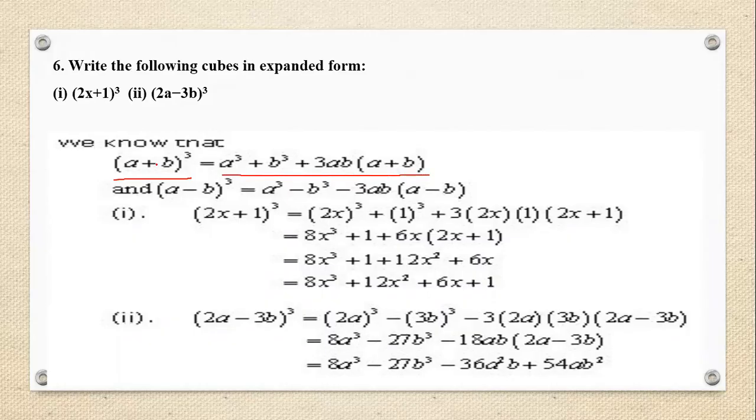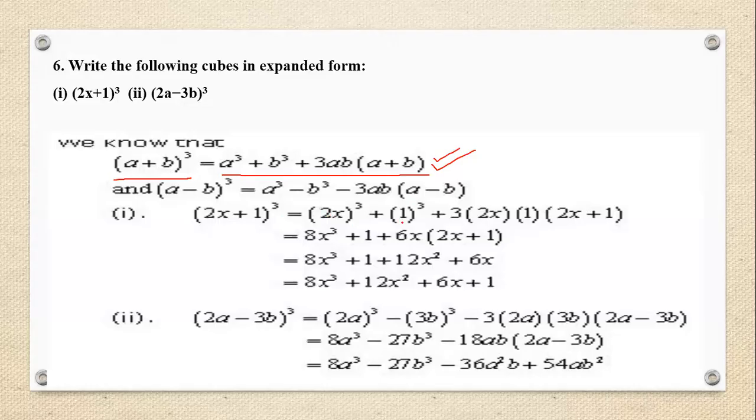The binomial raised to the power 3, we have discussed this. All the identities I have discussed, so you can watch that video again to understand it in a better way, how to use the identity and how we get the RHS of the identity. So here we have the sum of two terms, a binomial raised to the power 3. According to this identity, we have expanded it.